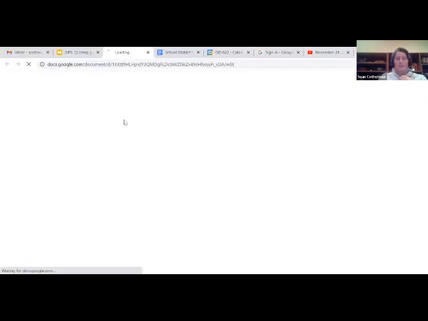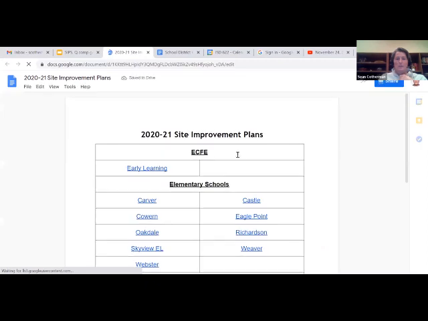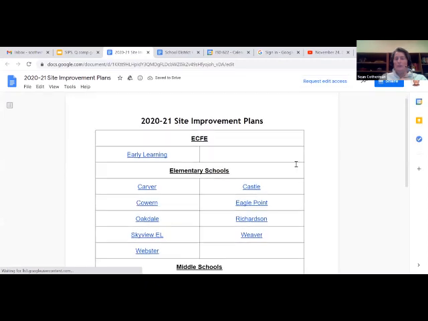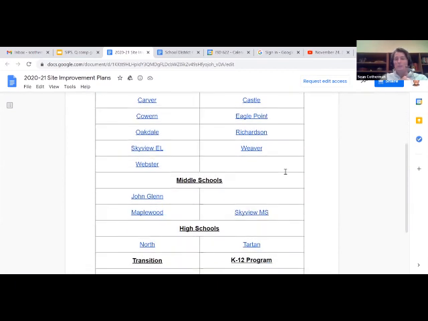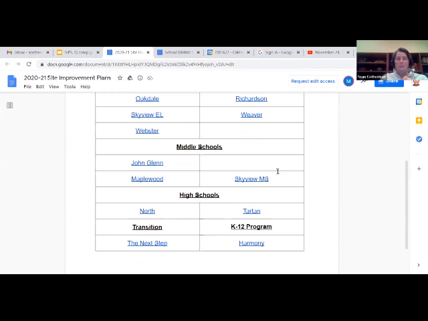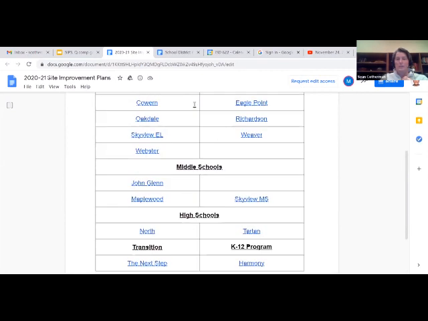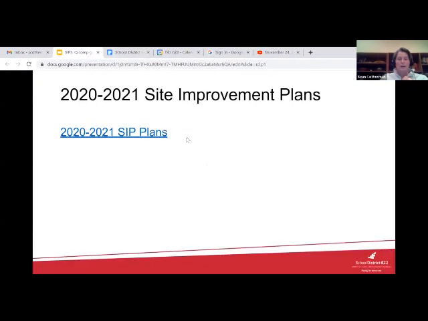When we look at our site improvement plans here, they are housed here in this folder for you. Within that folder, you will see all of our different buildings here. So for your access, you can definitely take a look at these. These are available to you. If you're interested in a particular school's site improvement plan for 2021, they are all housed here and linked for you. Coming back to our presentation,